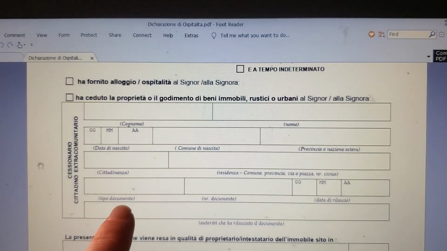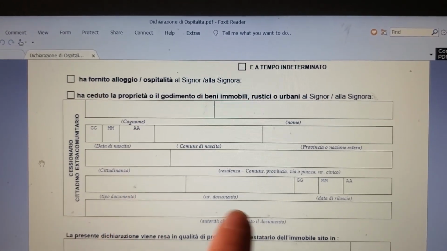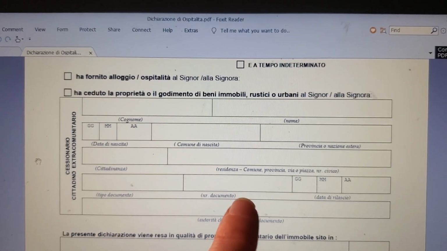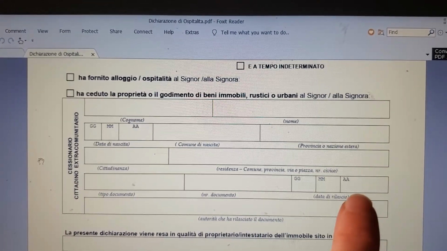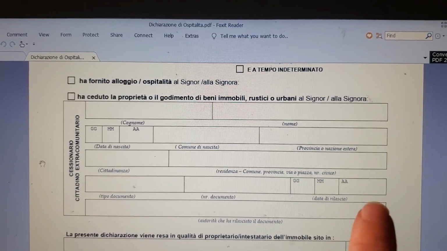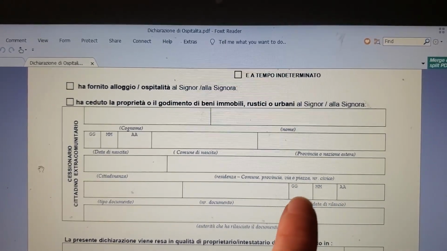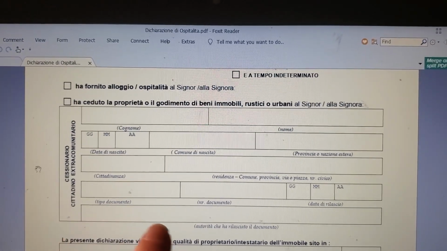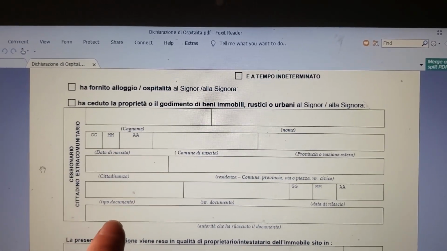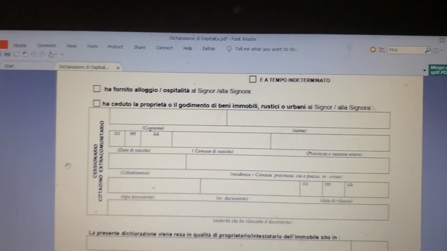Then type of document, tipo documento, passaporto, your passport number, and the date when your passport was issued. The authority for my passport is United States Department of State. That's what I put there.